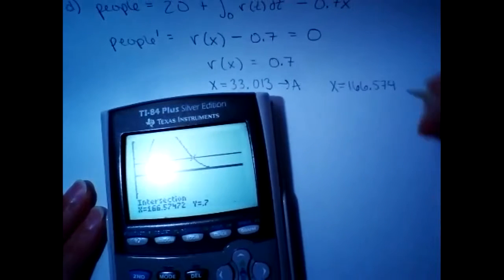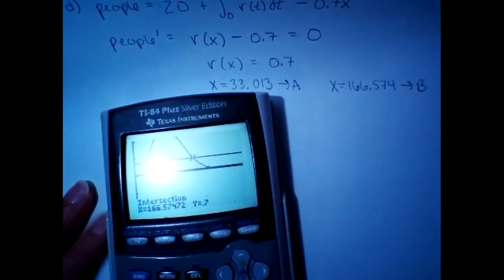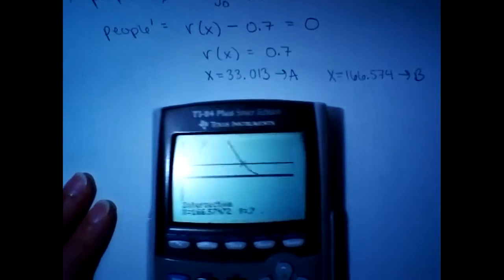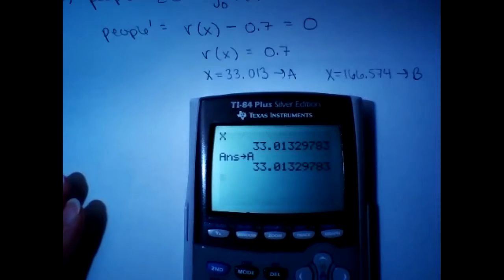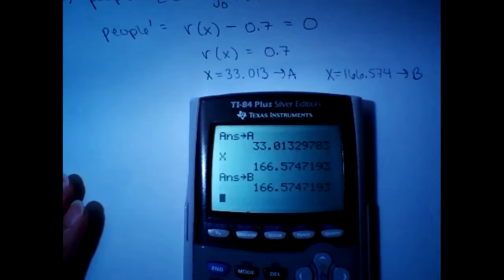And I'm going to store that one as B, because I'm going to need to reuse both of these answers. So I'm going to be able to copy paste them. So I'm going to quit out of here. To bring it back, you hit X, enter, and I'm going to do store alpha B, enter. So I have one of the critical points stored as A, I have the other critical point stored as B,